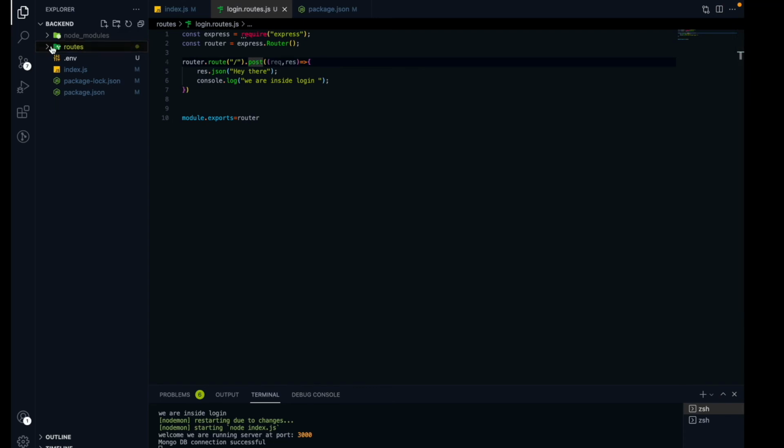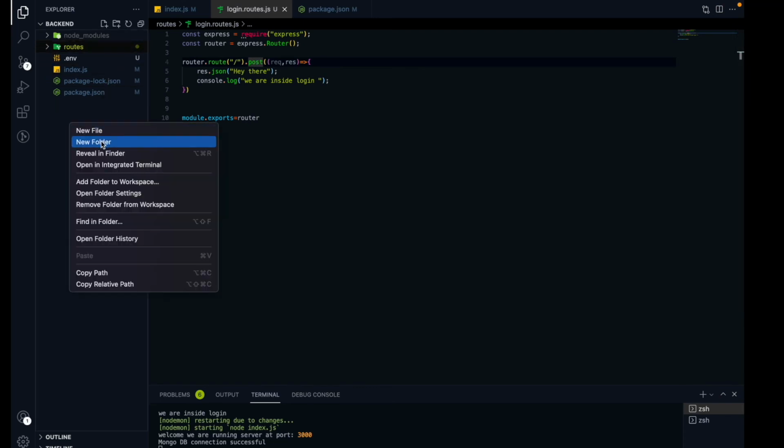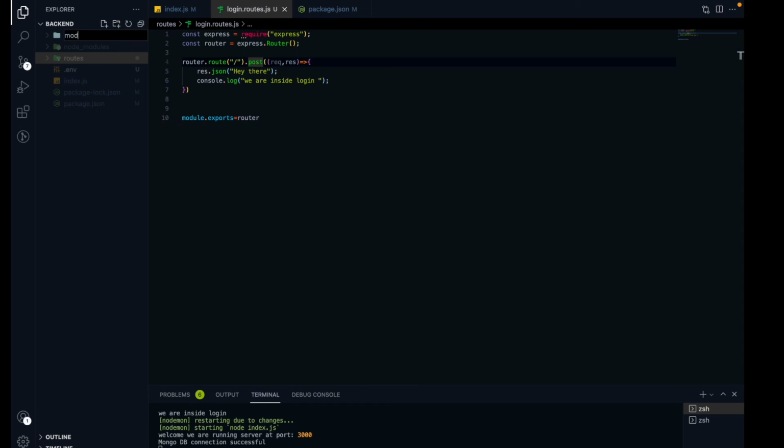For that I'm going to create a new folder that will take care of the model. In Flutter also we have models, right? We first create a structure of how it will look, what parameters we need to store, and what parameters we are going to use inside our app. Those kinds of models are already on the Flutter side of the code. Similarly, on the backend side of the code, we need a model, which is called a schema in database format.